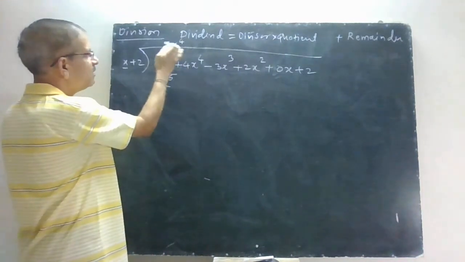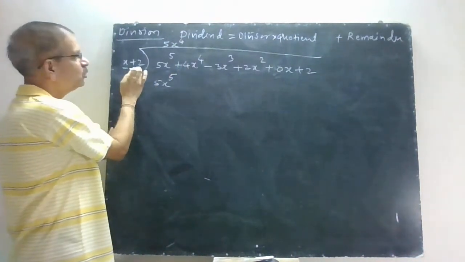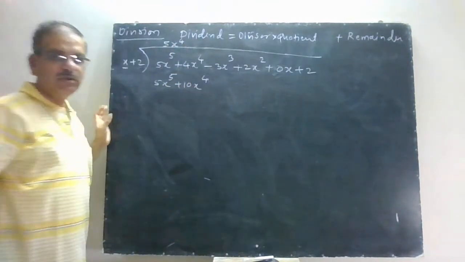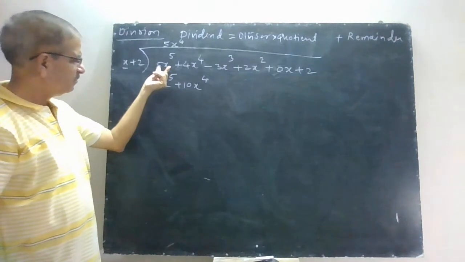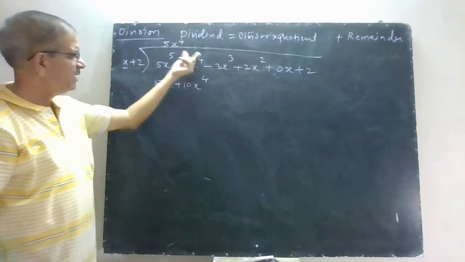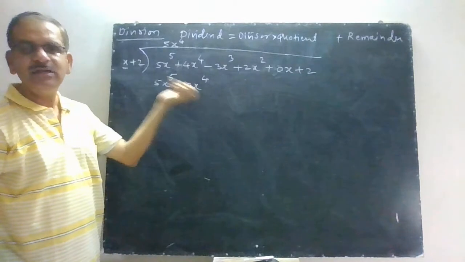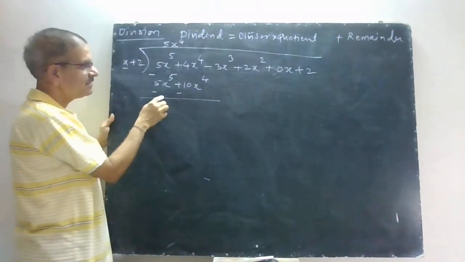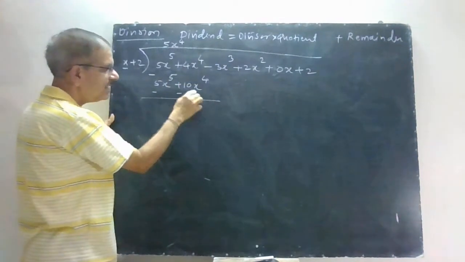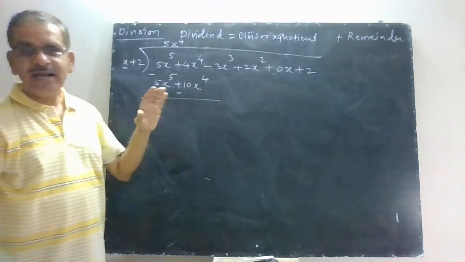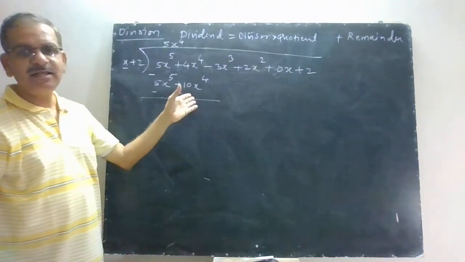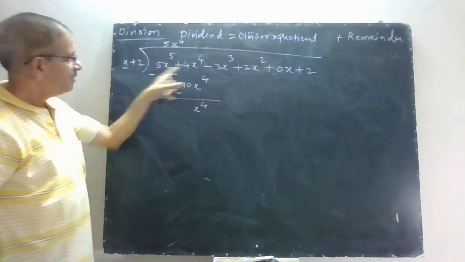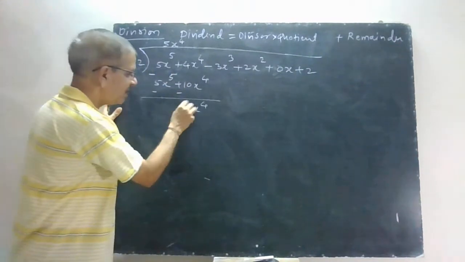Now the remaining thing is 5x raised to 4 times 2, that is 10x raised to 4. Now the only thing you have to remember, the like terms should be one below the other, so that you can add very easily. Now subtract, it becomes negative, so this will get cancelled. 4x raised to 4 minus 10x raised to 4. Now see, the addition or subtraction you should know, because we are doing the same thing. x raised to 4, x raised to 4, so definitely an x raised to 4 term will come. Plus 4 minus 10 gives you minus 6.